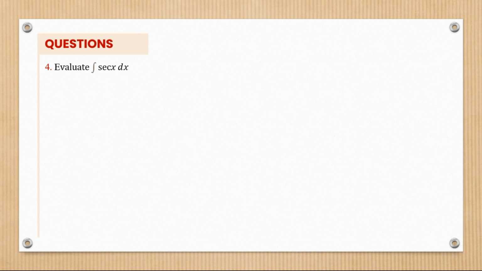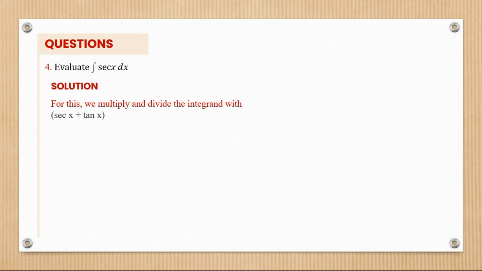Evaluate the integral of sec x dx. Now this one is quite more complex than the other problems that we've been doing before, because here there is no straightforward way, but we're going to have to use a unique kind of u substitution in this case, but it's actually doable. So for this case, we're going to multiply and divide the integrand by sec x plus tan